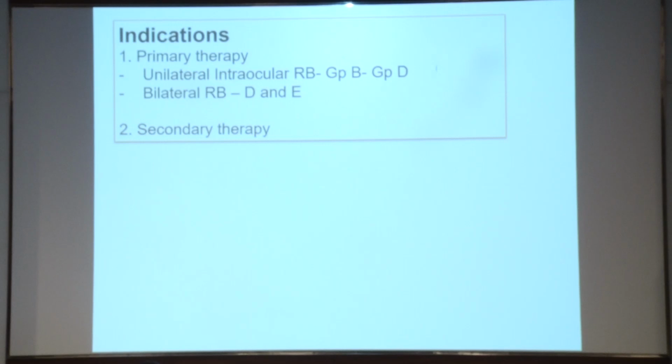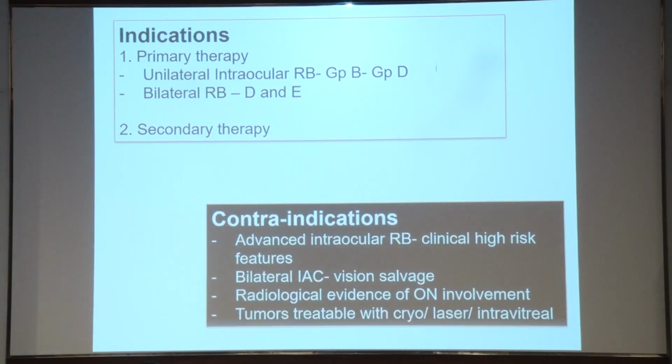So there are clear-cut indications. In my practice, I use it for unilateral intraocular retinoblastoma, group B to group D, and bilateral RB if it is D and E, where there is a huge desperation to try to save one eye irrespective of the visual potential, as a secondary therapy. Contraindications are advanced intraocular retinoblastoma,